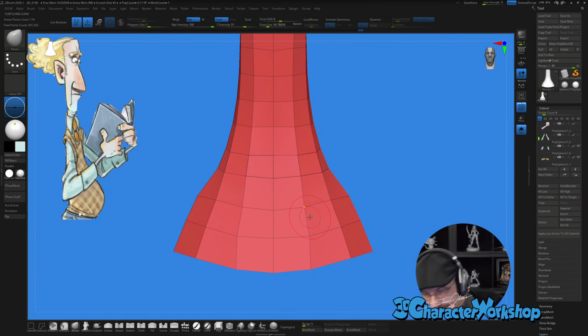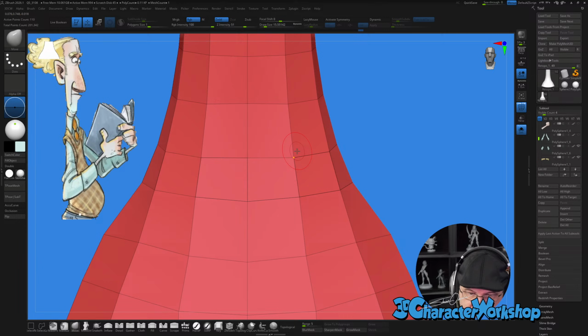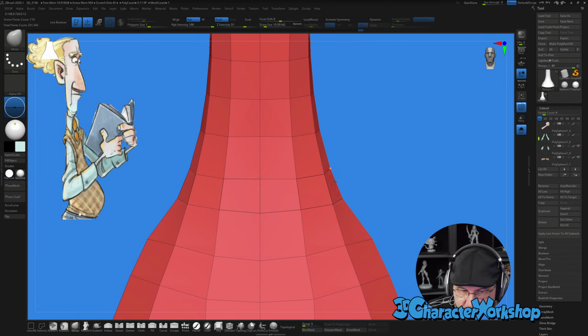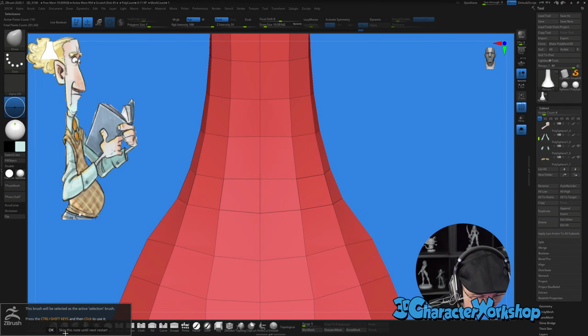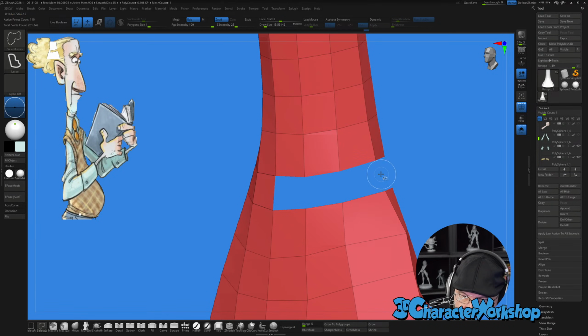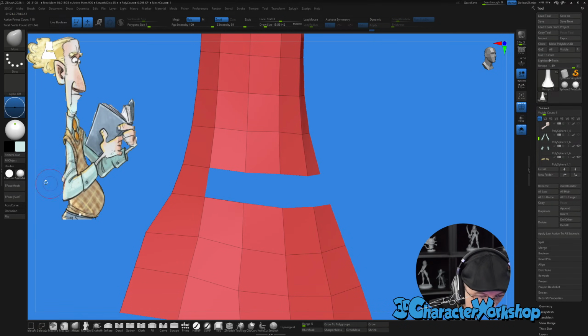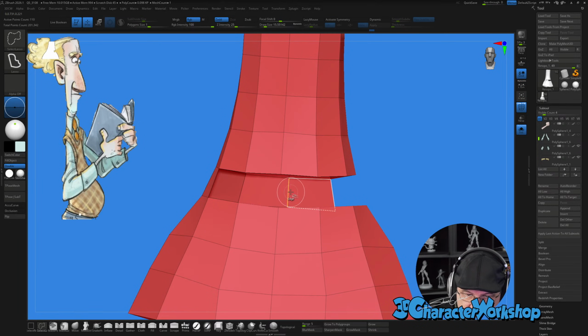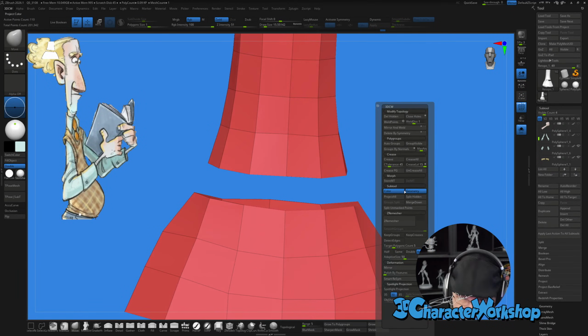I think, you know what happened? I think that one time when I left symmetry on and I extruded it as a band of polygons, you remember that? I think that's where it duplicated the polygons. So I think there are multiple polygons, like two rows of them here. Let's see if we can get rid of one of those rows. I'm just going to go like this and hide them. I'm going to turn on double just in case. Okay, delete hidden.